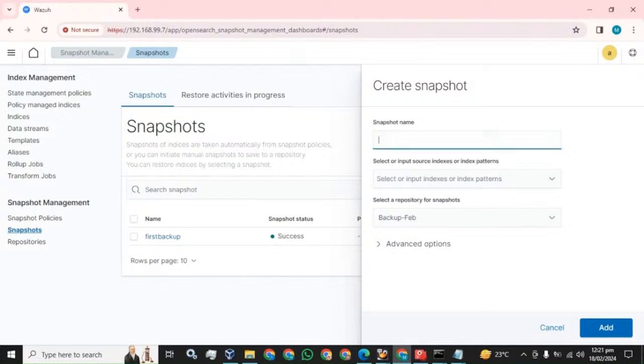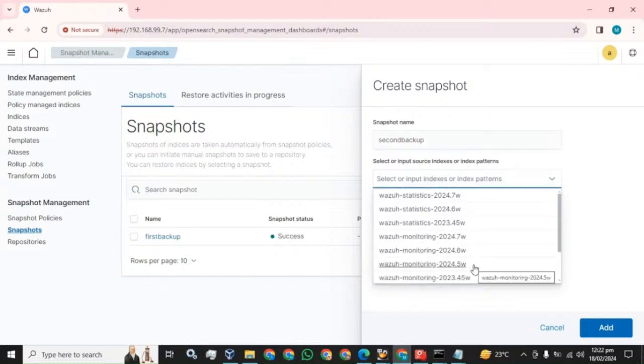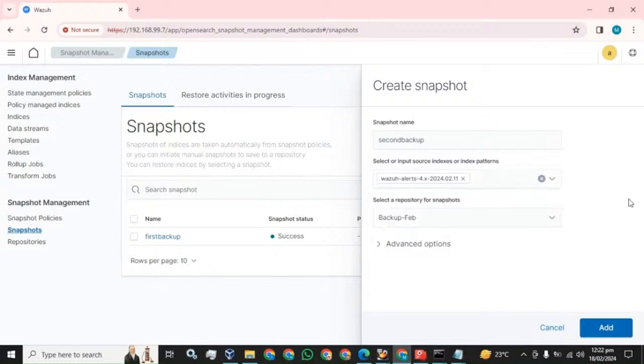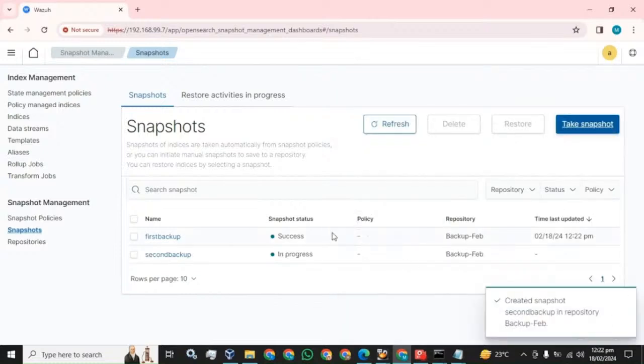Let's take another example. Second backup. We will select this. You can